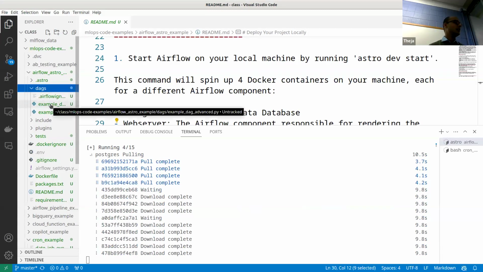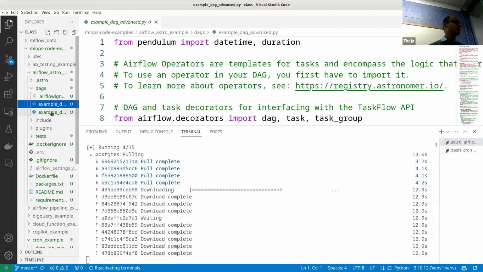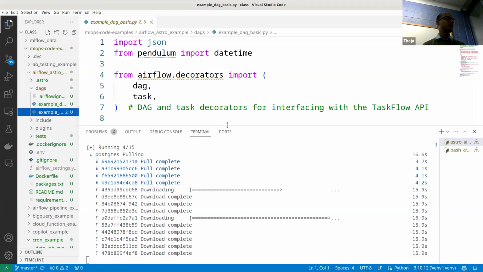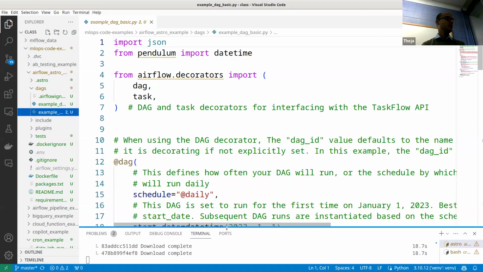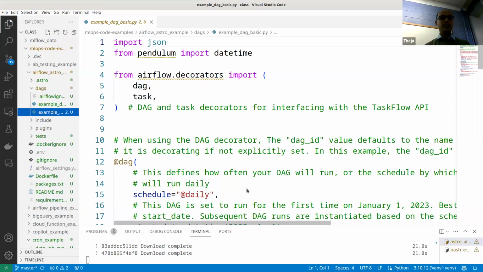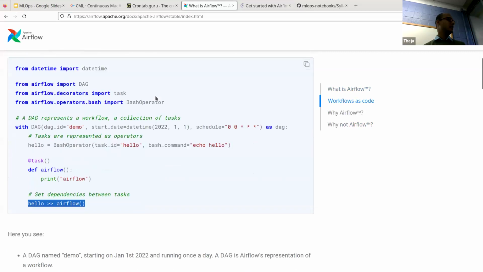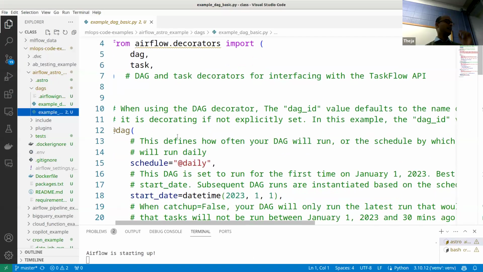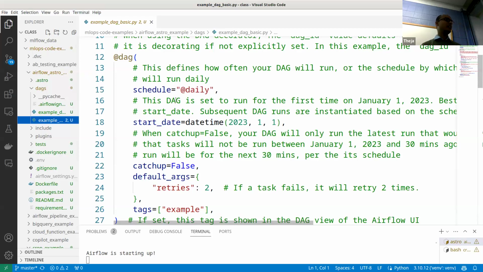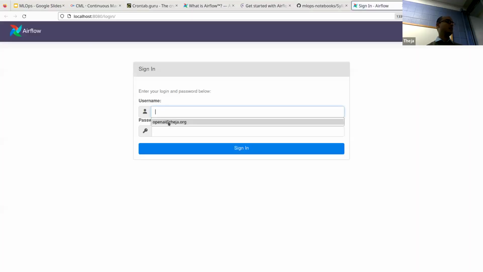So here is the example. Yeah, let's look at the basic DAG one. Right, so this is very similar to the example that we saw online, where this is an example of a simple DAG with 2 nodes, one after the other. Here is an example of a different DAG with a lot of comments, but it's the same format. DAG, which is scheduled. So it's a slightly different format here, @daily. These are things that are there in the Airflow documentation. When to start from the beginning of 2023.